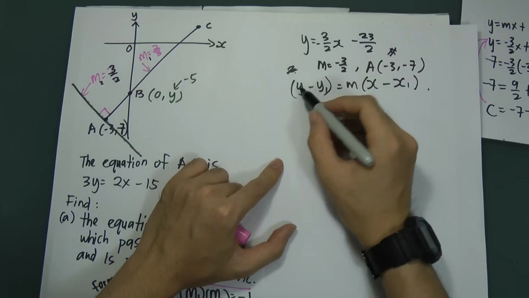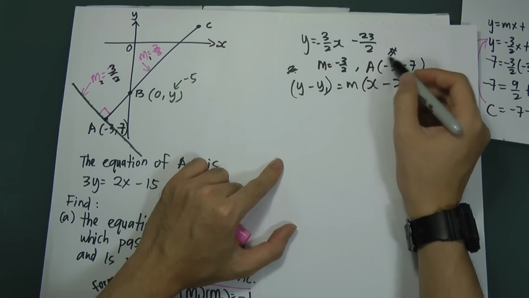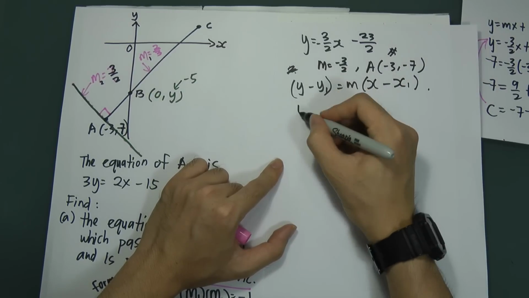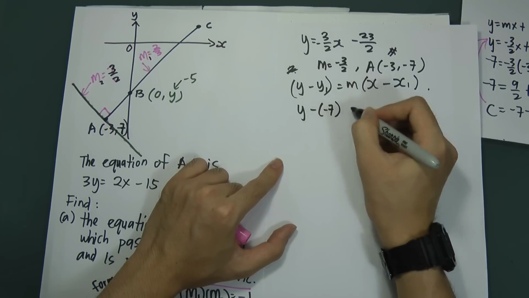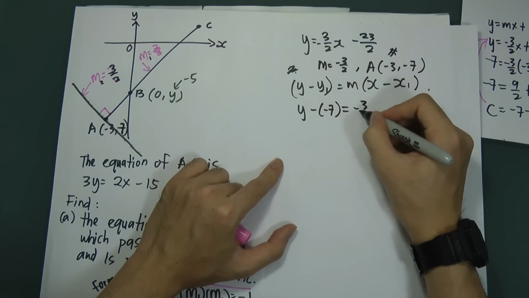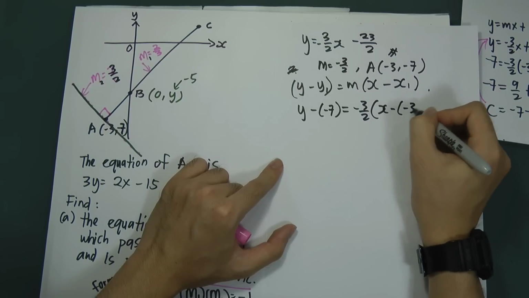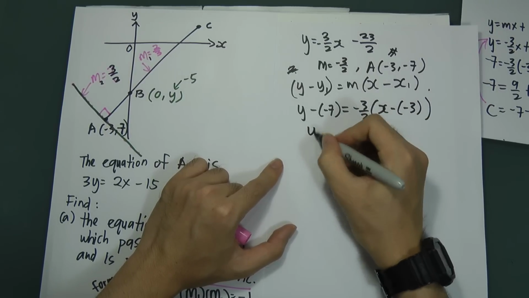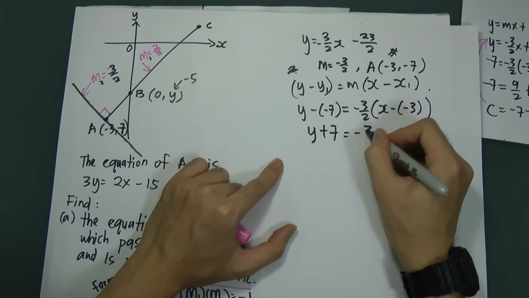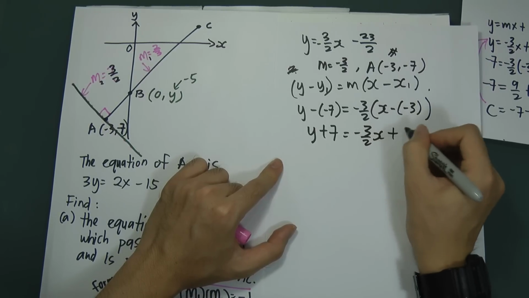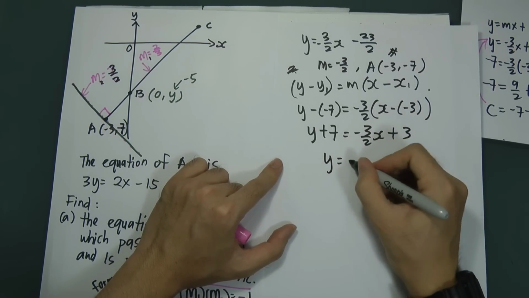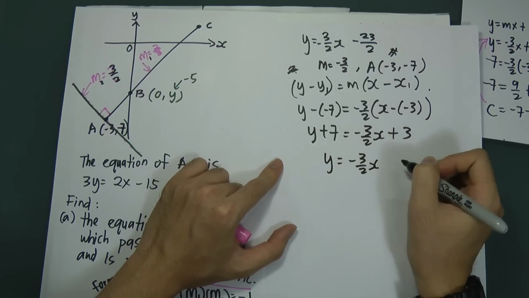So y minus y1, I assume this is x1, this is y1. So y minus negative 7 equals m, which is negative 3 over 2, times x minus x1, negative 3. So y plus 7 equals negative 3 over 2 times x plus 3. So y will equal negative 3 over 2x